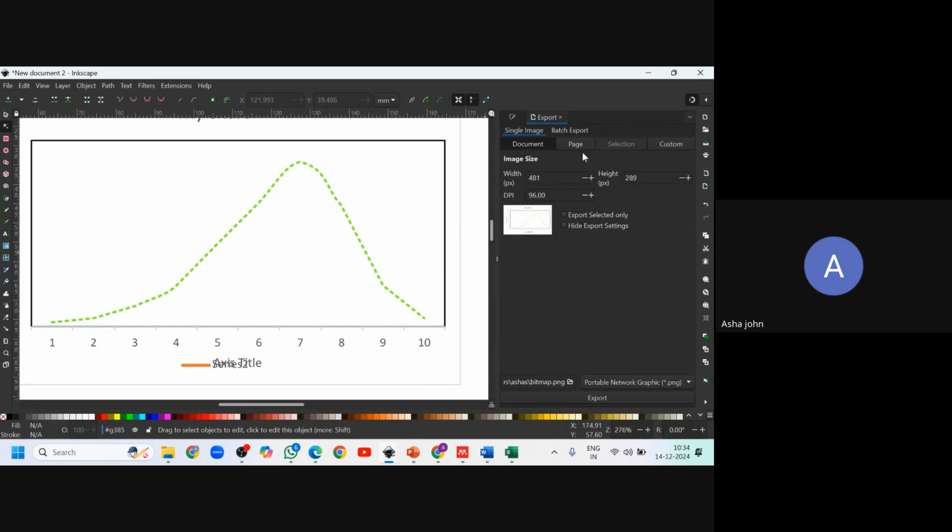Now here you can see when I click on export, you have options like width and height in pixels, and DPI. This DPI is automatically 96. Now let's try to export this.